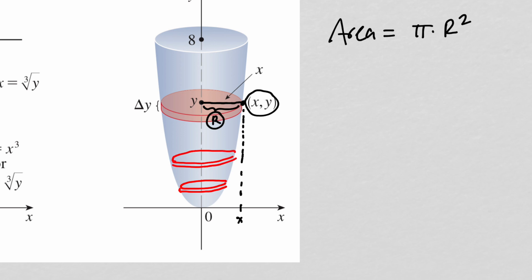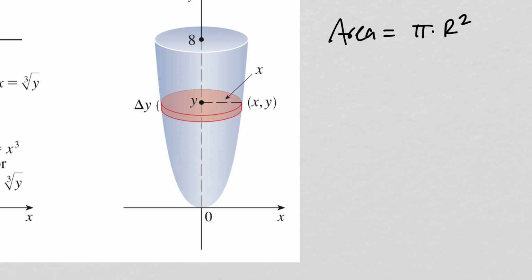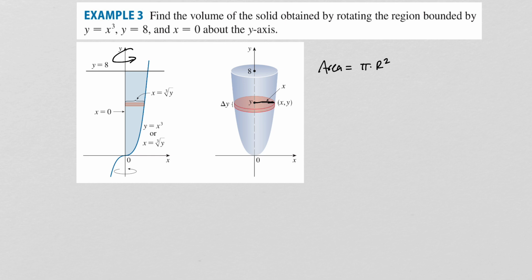So these disks are clearly running along the y-axis, which means we are going to be integrating not with respect to x, but with respect to y, because they begin down here at y equals 0, and they end up here at y equals 8. So even though it is true that the radius of this disk here is x, we need to remember that